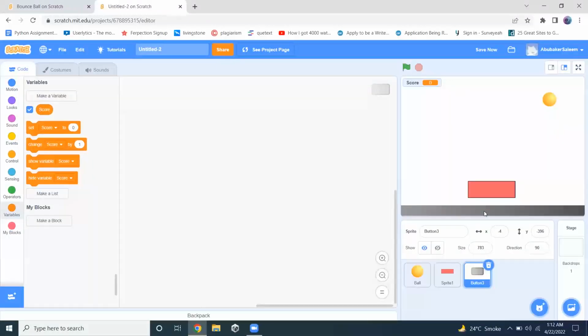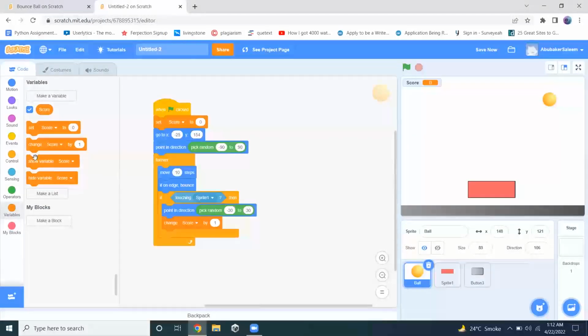Now you can see that it is representing the bottom line, and if the ball touches this line, the game will stop. So for that, I will again click on this ball option, and